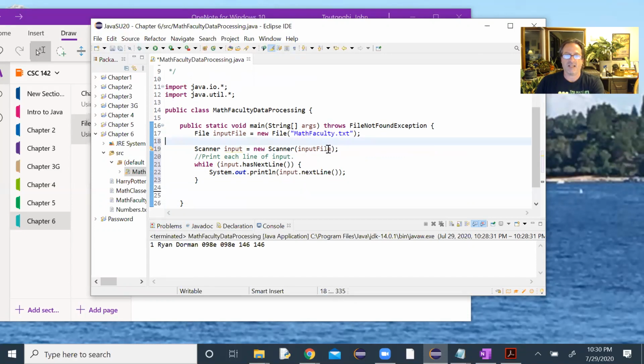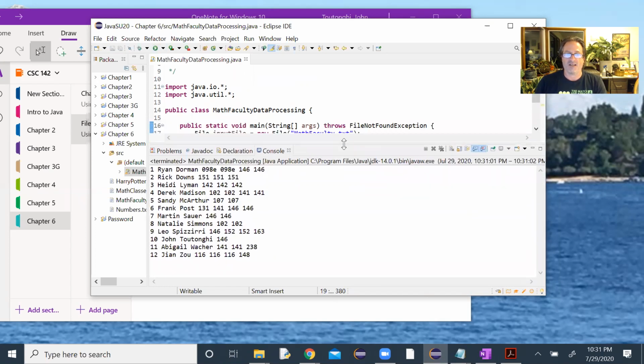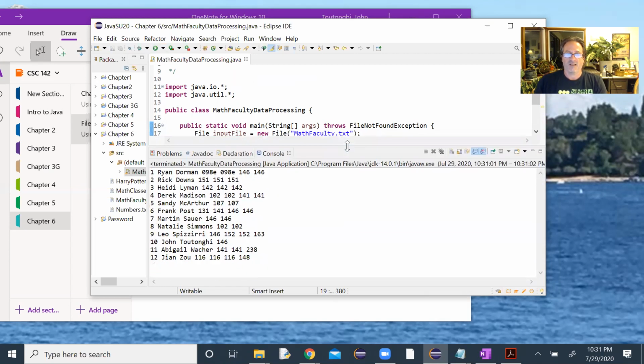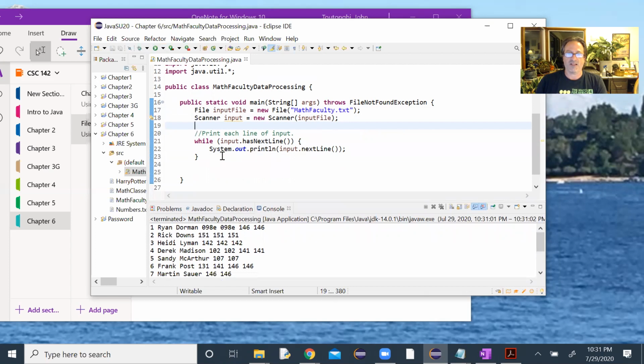I'm going to tighten this up so you can see that's creating the new file and then creating a scanner that's going to read from it. And then now we're going to print each line of that data out. And that helps us see what the data looks like as well. It also checks that we know that it's working. So now we need to print